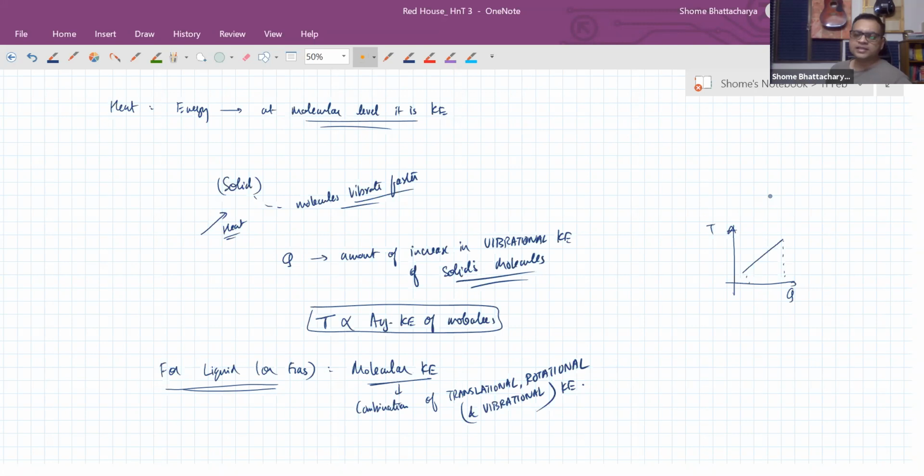Similarly, when you're going from liquid to gaseous state, you're basically just taking away the intermolecular bond energy, because in gases there is no intermolecular bond. The molecules are basically free of each other. They only interact with each other by collision. There are no intermolecular attractive forces. So whatever heat you're supplying at the boiling point for a liquid, that heat is contributing to completely break the intermolecular bonds so that they're free of each other and they go from liquid state to gaseous state. So when that is happening, the heat supplied goes into breaking the intermolecular bonds. It does not contribute to increasing the kinetic energy of the molecules. So there is no change in temperature.